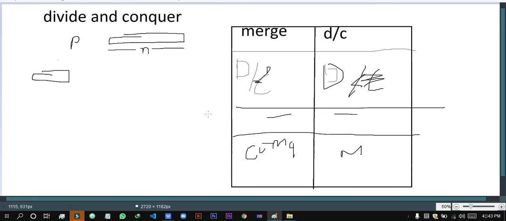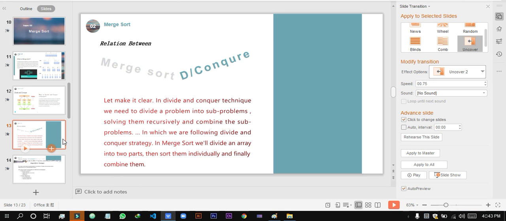I know there is a lack of understanding due to this handwriting, but however you can follow my voice to get a proper overview. Okay, you can see it on your screen. I will just read the text for you, to make it clear. It is the divide and conquer technique.